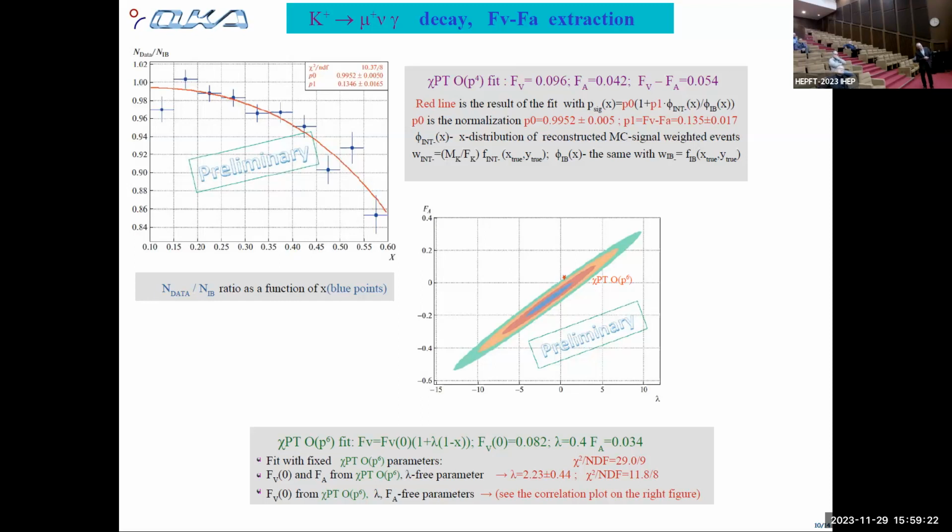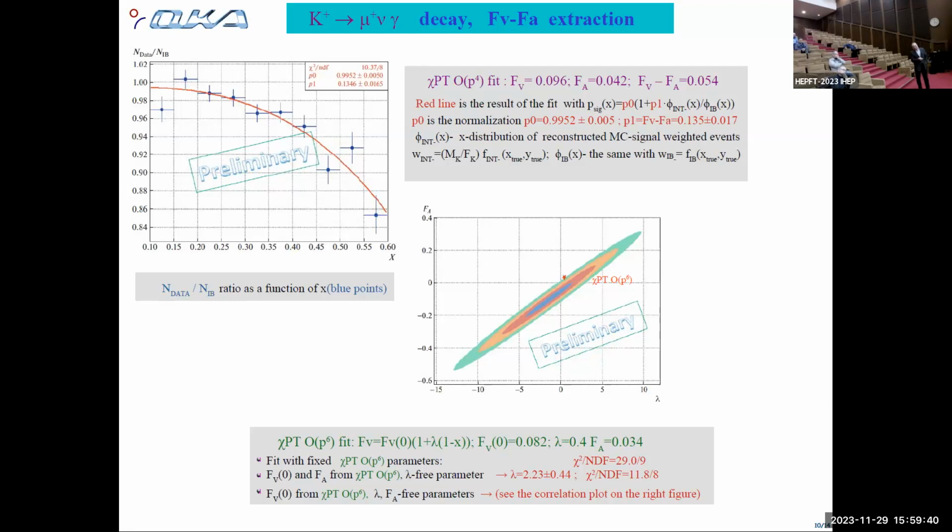You see, the scale is not from 0; it's 20%. It's a 20% fall of the distribution, and this is actually the observation of interference, observation of the int minus term,